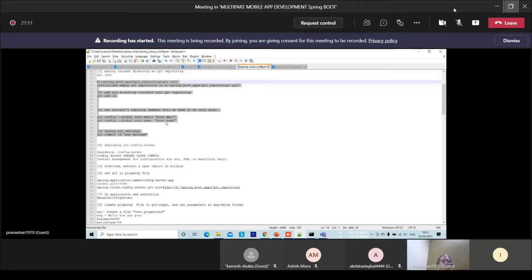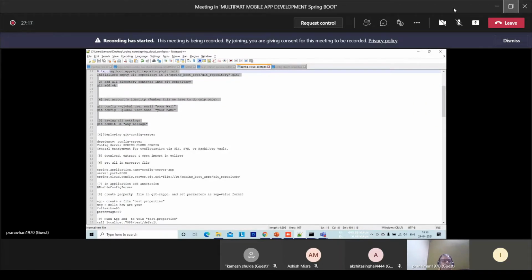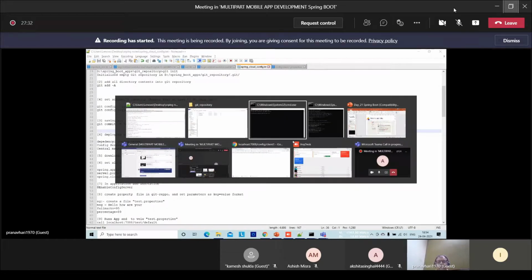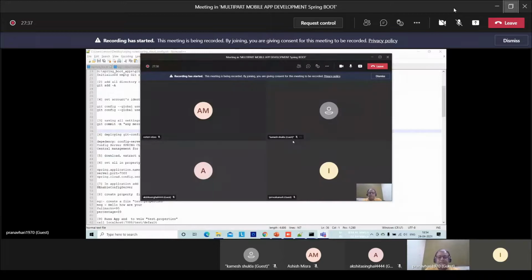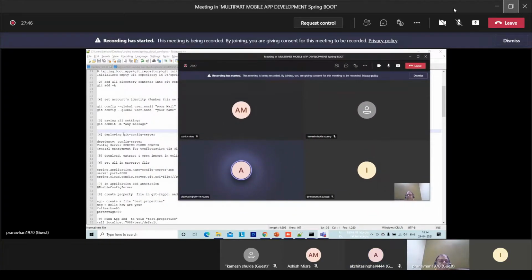That is the Git repository. Once that is done, then you have to deploy the config server. And from here, our Spring application starts. That is from step 4. Is it clear? Still configurations of Git. Akshita, the steps are simple. Yes, sir. Again, after that, I will share all the steps in a PDF. You will follow, and that easy way you can create.